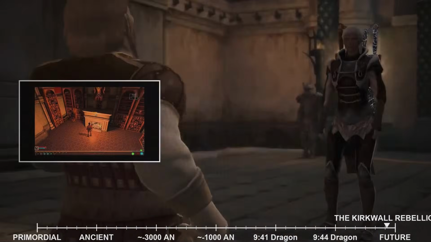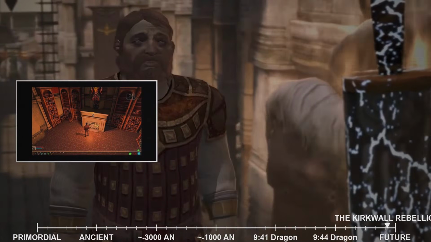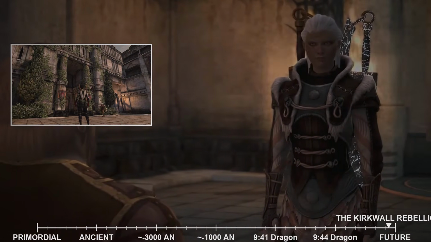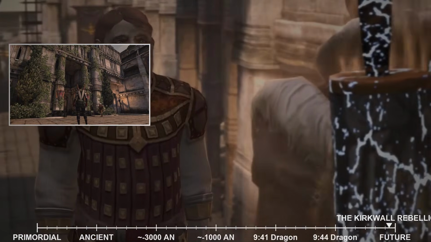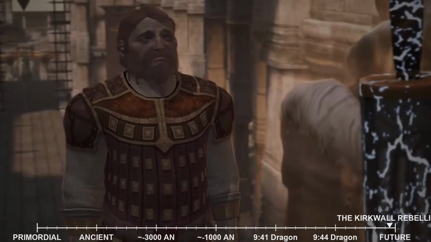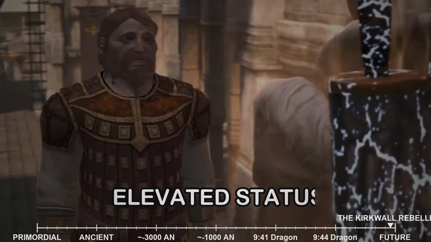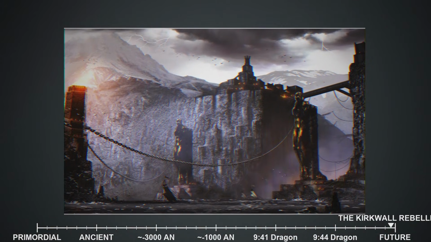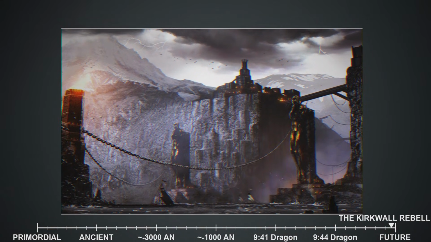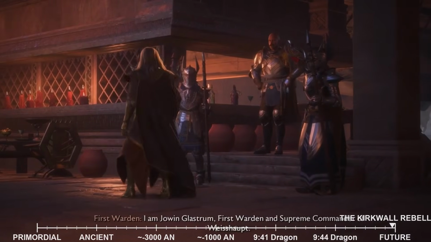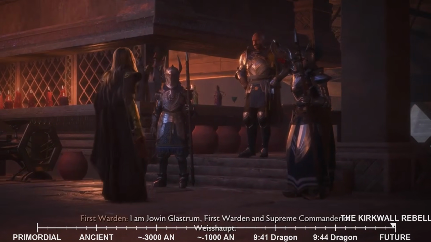With their newfound wealth, Hawke swiftly moved to solidify their position. The dilapidated estate in Lowtown was abandoned, and Hawke purchased a magnificent mansion in Kirkwall's exclusive Hightown district. This move was more than just a change of address. It was a clear declaration of their elevated status. Hightown, with its opulent residences and influential residents, was the domain of Kirkwall's elite. By establishing themselves there, Hawke signaled their arrival as a significant player in the city's political and economic landscape.